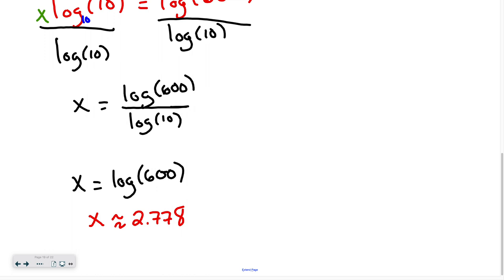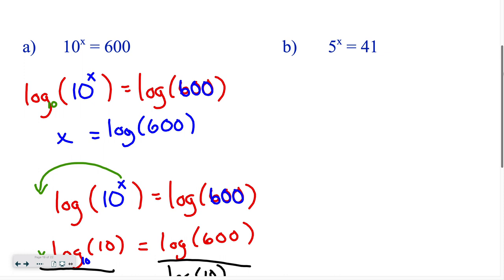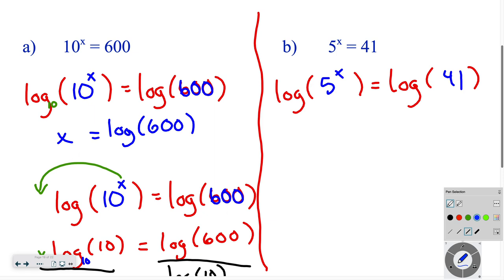All right, we can do the same thing up above. 5 to the x equals 41. So I'm going to take the log of both sides. So I'm going to take log, common log again, right? Rewrite it. So I have 5 to the x, and then I have 41. So in this case, the logarithm's in base 10, but the argument is in base 5, so there's not much I can do. So I have to use this power property where I bring this variable out, that exponent, right? So now I'm dealing with x times log of 5